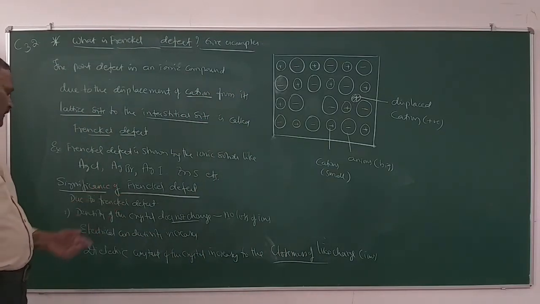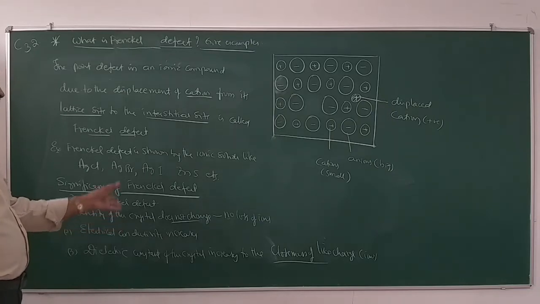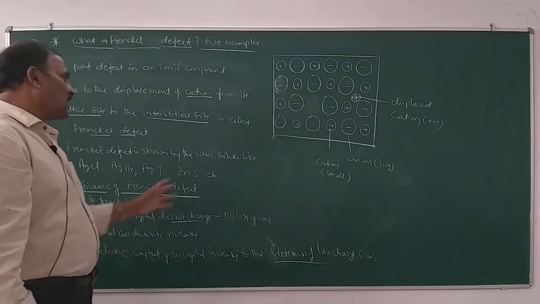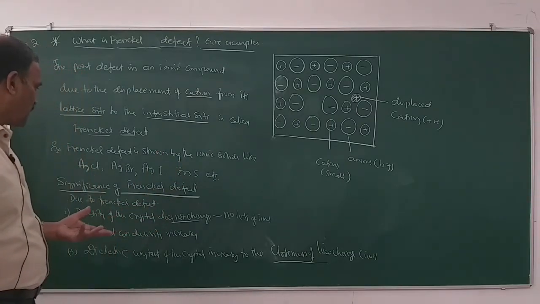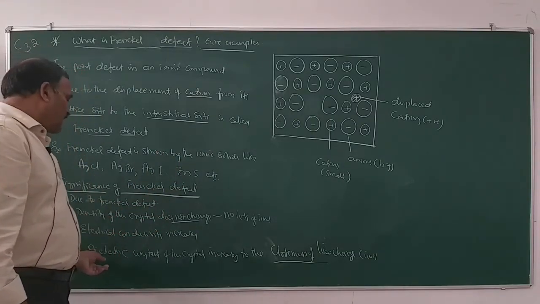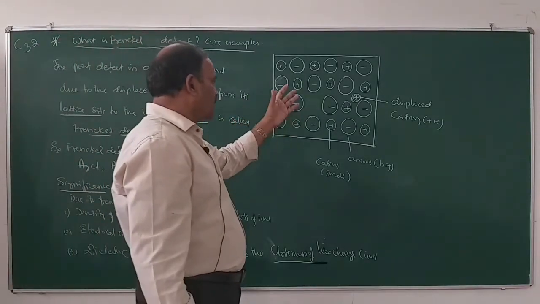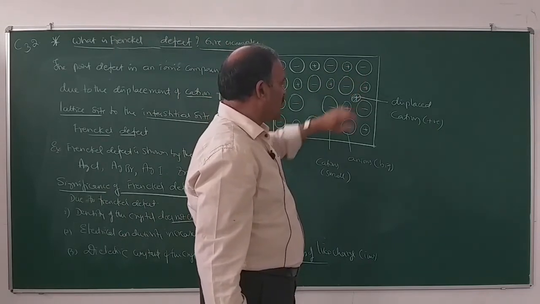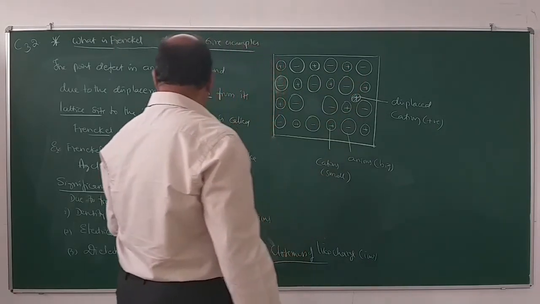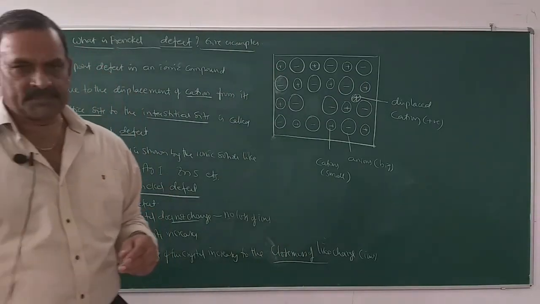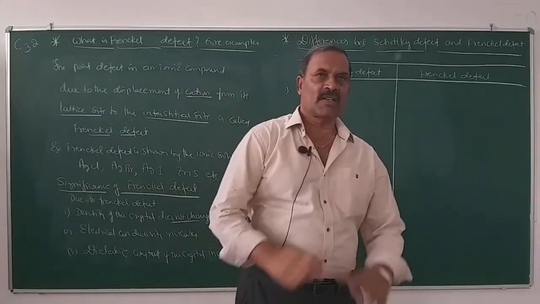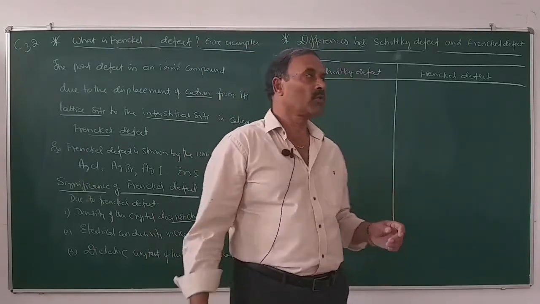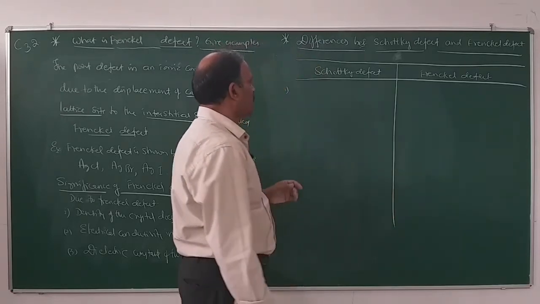Due to Frenkel defect, the density does not alter since no ions are lost. Electrical conductivity increases both in Schottky defect as well as in Frenkel defect. Dielectric constant of the crystal increases due to the closeness of like charged ions. So this is the significance of Frenkel defect. Now let us study the differences between Schottky defect and Frenkel defect, and this one is also very important from your examination point of view.